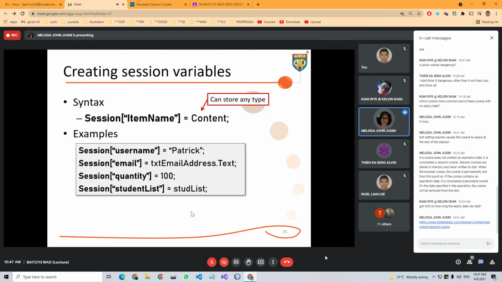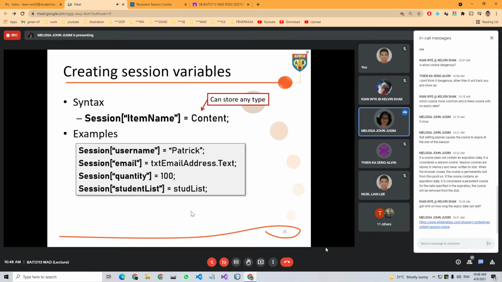This is how we create a session variable. You can name each of the session variables. Perhaps you want to create a session variable to store the username, another to store the user email, another just to store a number, say quantity, and then another to store a list, a student list.